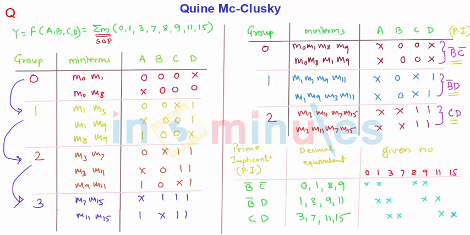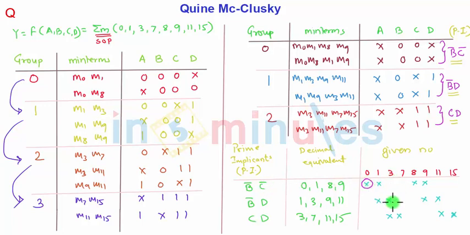Now to get the essential prime implicants, what I will do here is compare the numbers, or the positions, or the min terms. So first position 0. If I look carefully, 0 is present with B bar C bar only. So B bar C bar is going to be the essential prime implicant. Why is B bar C bar essential? Because if I take 1 here, 1 is also there in B bar D. I will not consider the 1 which is coming in B bar D. I will consider the 1 which is present in B bar C bar.